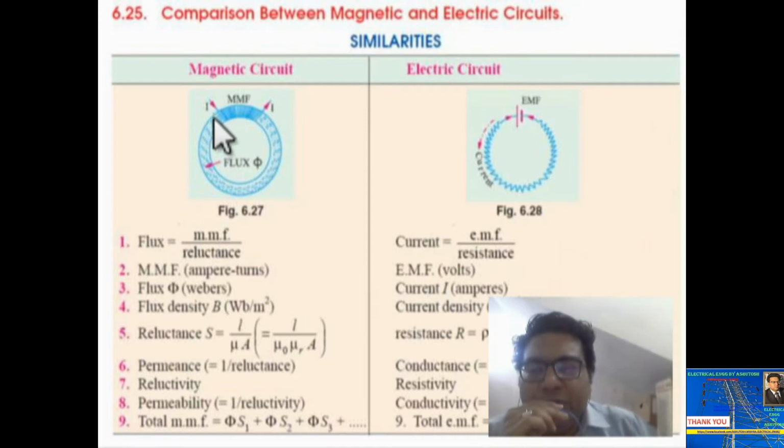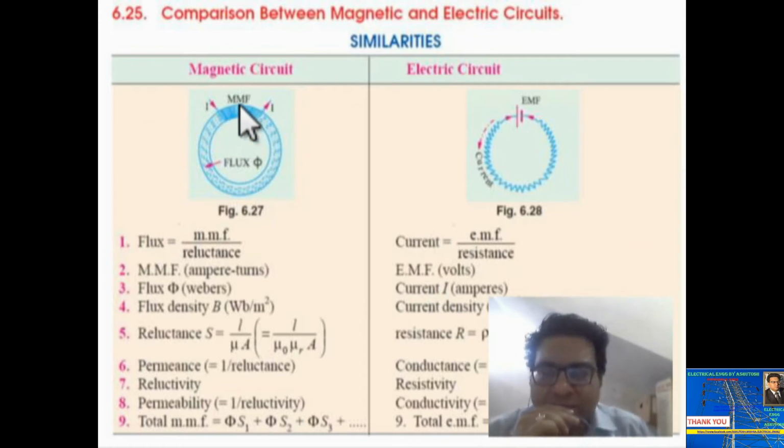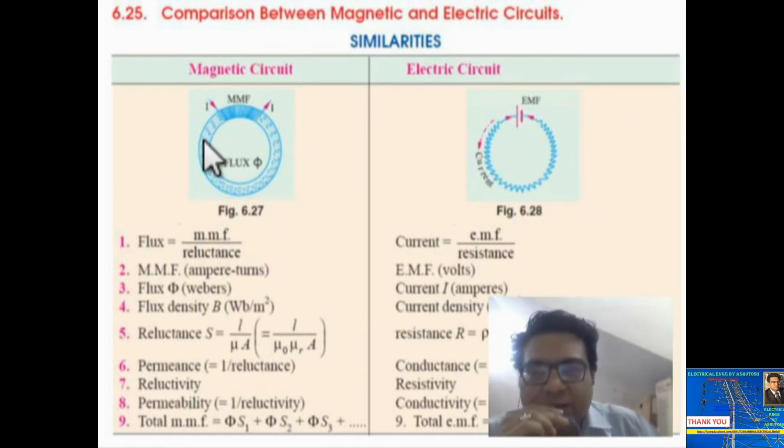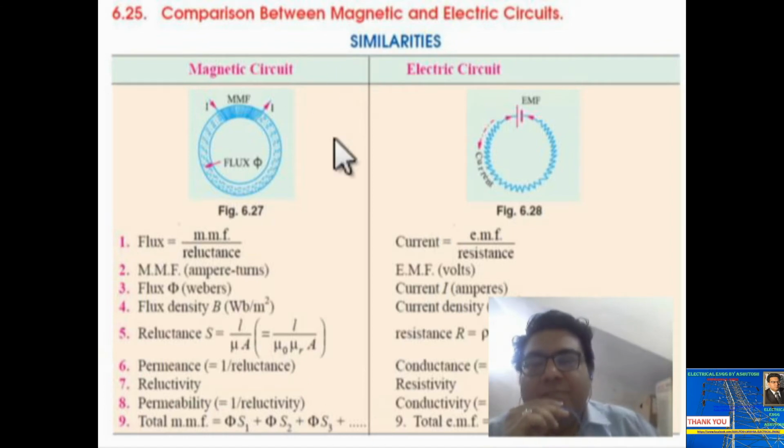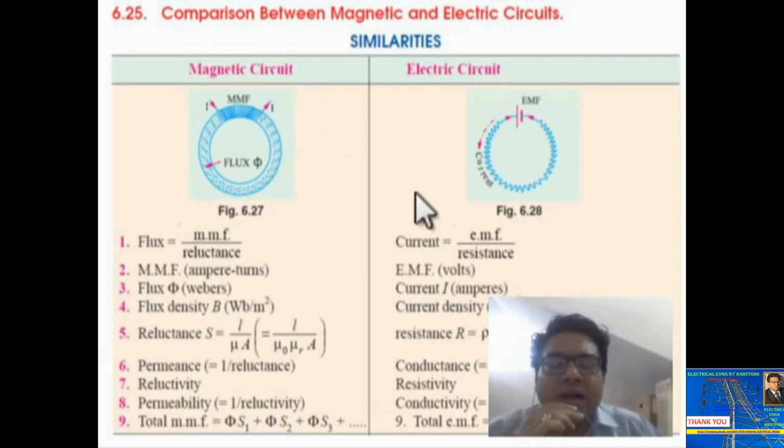You see, current will be circulated in the windings. This is the direction of current, and due to the excitation of this winding there will be a magnetomotive force which drives, and as a result there will be flux set up in this iron core. आप देख सकते हैं guys, flux जो होगा वो iron core में set up होगा, and current will be circulated in the winding parts. So this is a very important magnetic circuit, and transformer is also a very important example of magnetic circuit. So we will see it later.